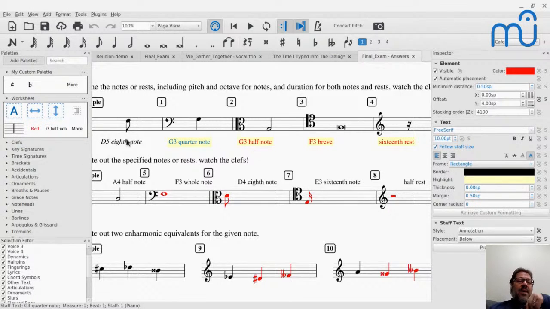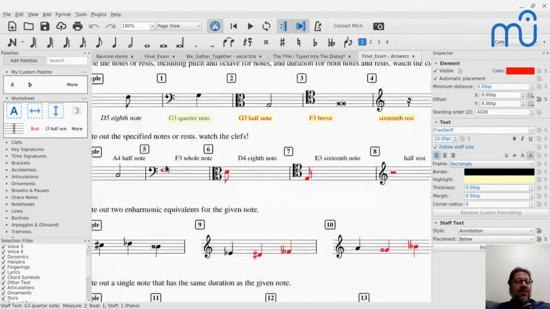Text style information doesn't move into the palette because different scores have different text styles. So you won't see text style information in the palette. You'll only see things that you've actually applied individually to text items. If you make it a style setting, you won't see that style setting in the palette. That's a kind of a deliberate thing.